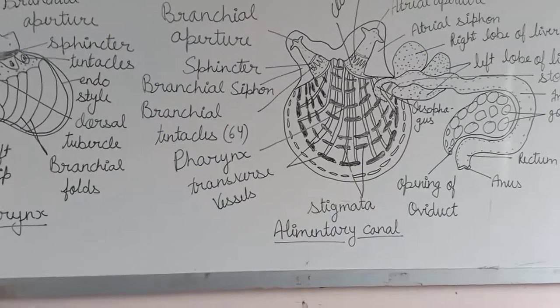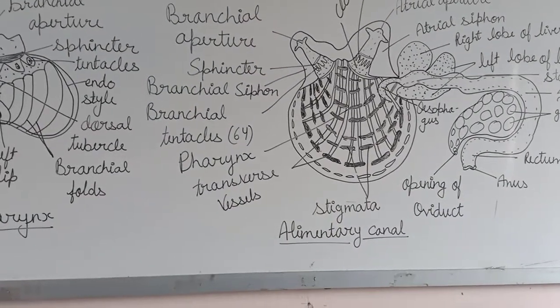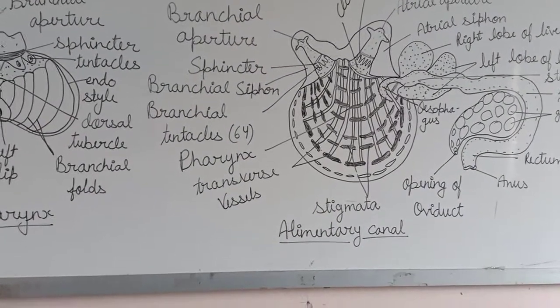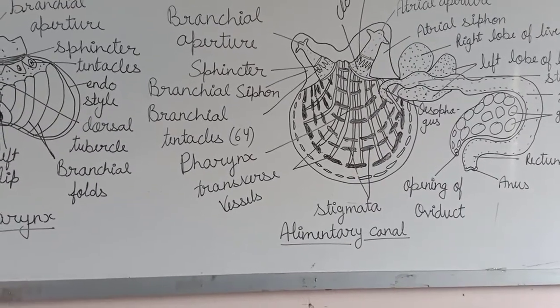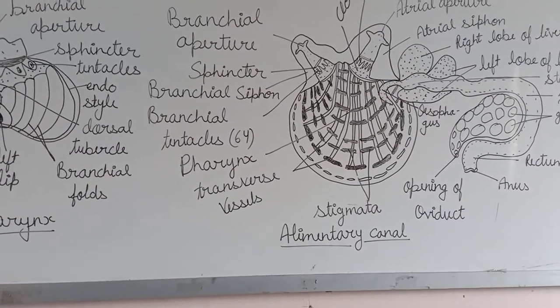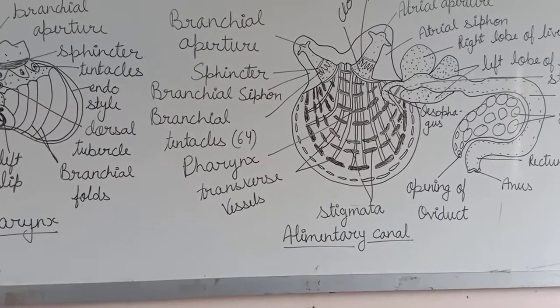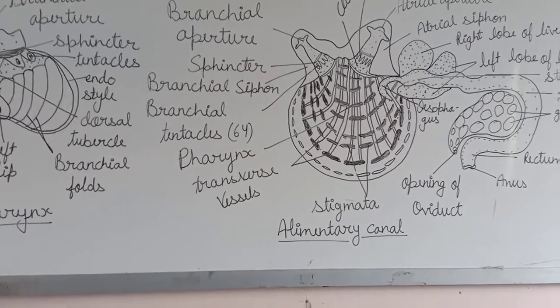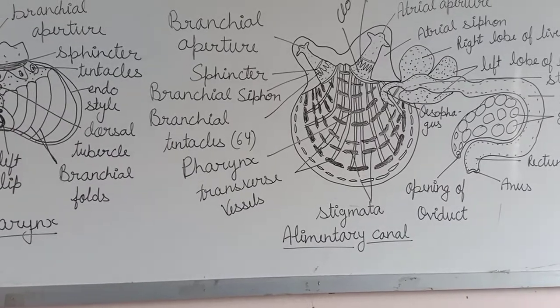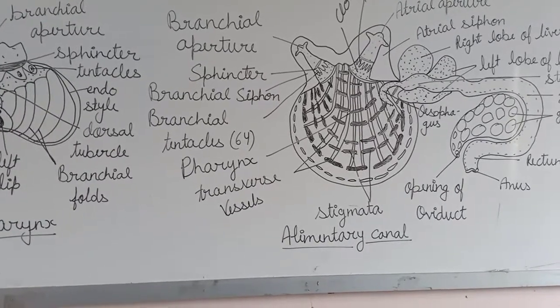Now, the branchial sac, which is the largest part at the posterior side. It is also known as the branchial basket because it looks like a basket. Because its wall is perforated by numerous gill slits or stigmata, you can say gills. Each side of the branchial sac bears about 2 lakh stigmata. It means